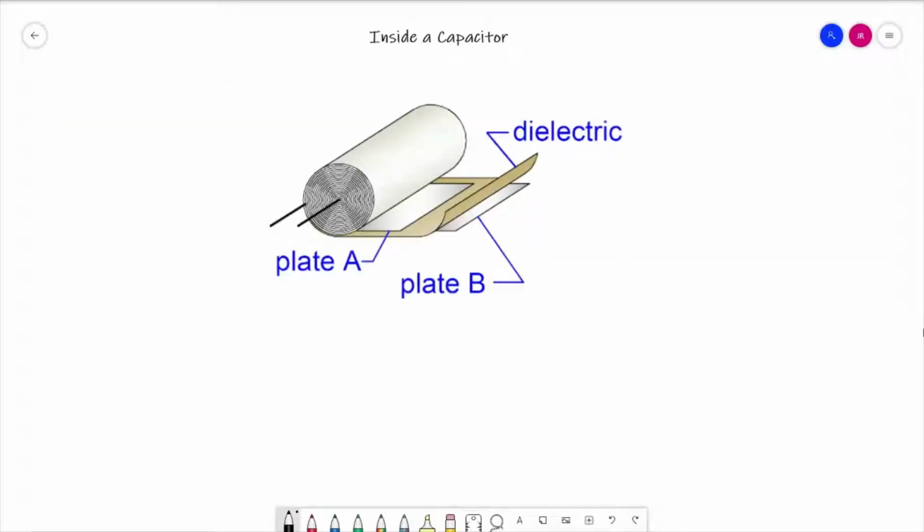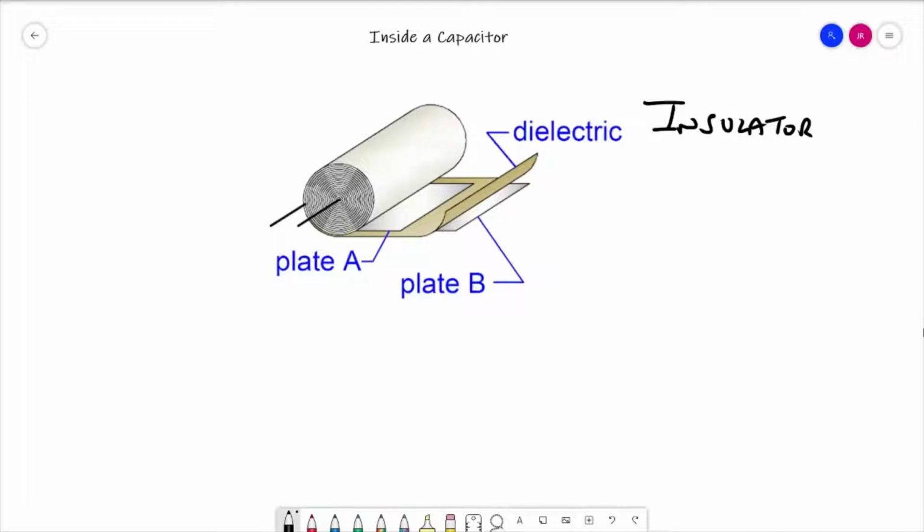If we have a look inside a capacitor, then you can see that there are two main components that we need for a capacitor. Firstly, we need a pair of conductors, and on that diagram that's signified by plate A and plate B, both of which will be made of a conductor, probably some form of metal. In between the two plates then we have what's known as a dielectric. Now the dielectric is an insulator, and you can see that it is between the two plates,